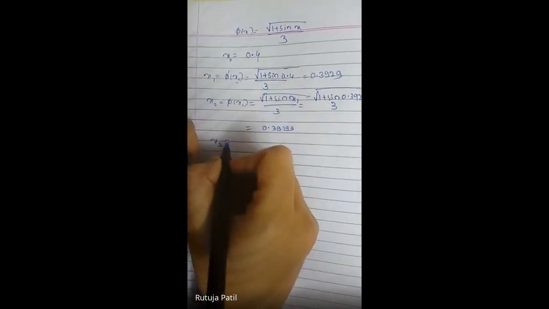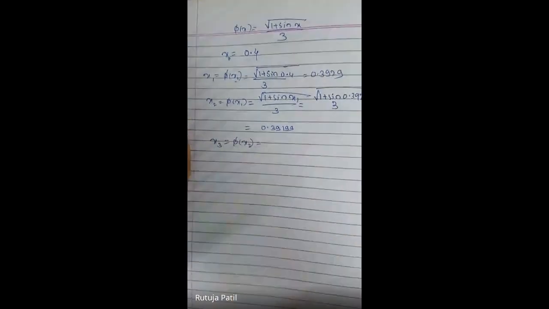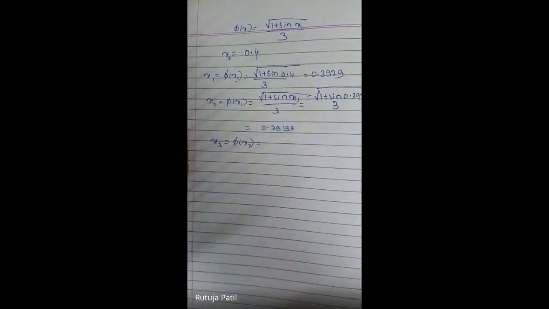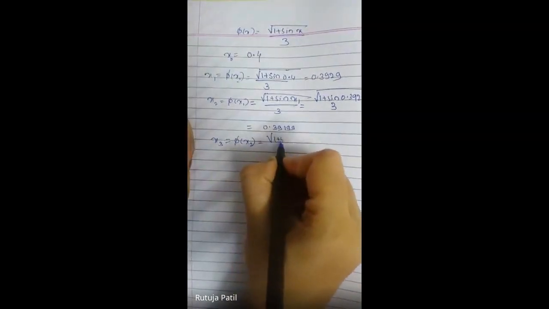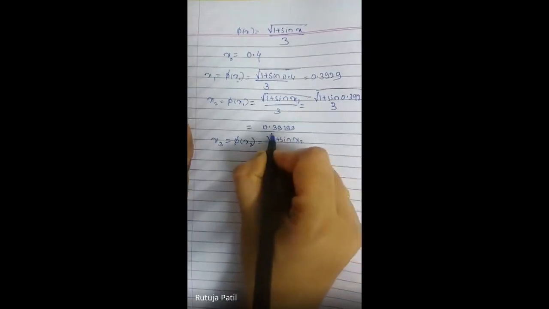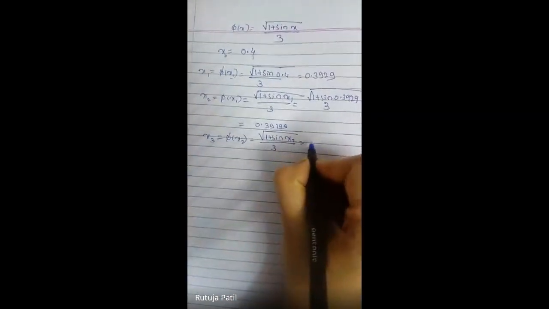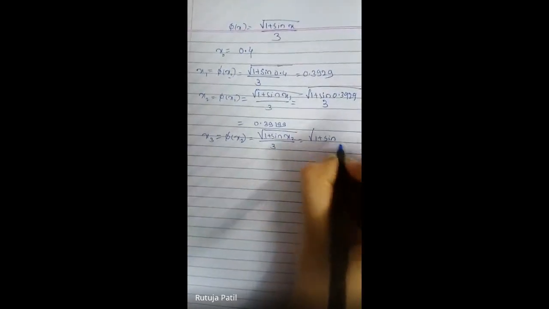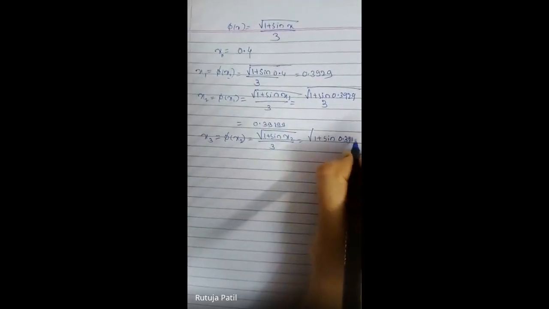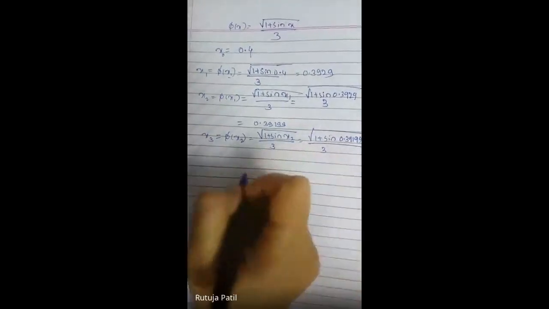we want the value for x3. How do we get the value for x3? Put the x2 value, whichever we have got, in that equation. So we will get the value of x3. That is square root of 1 plus sine x2 divided by 3. Now if we put the x2 value, 0.39199 divided by 3,